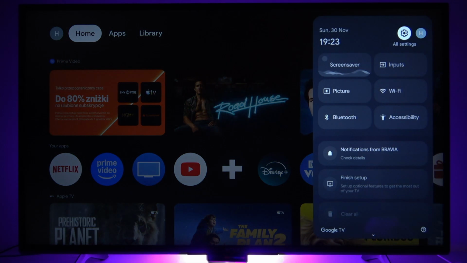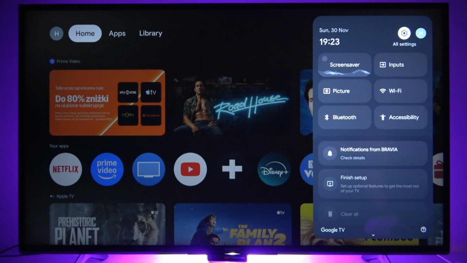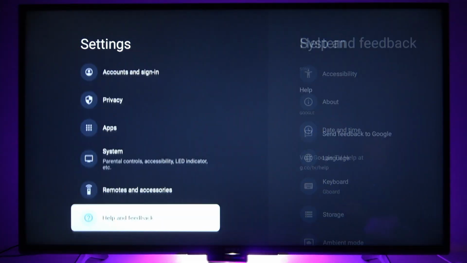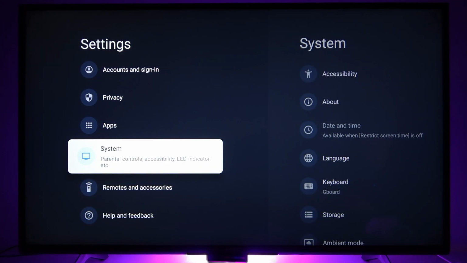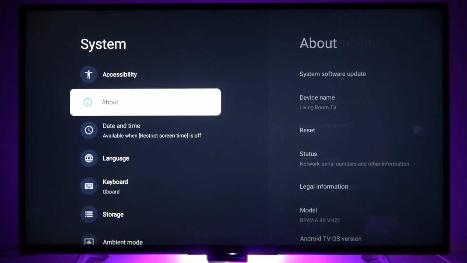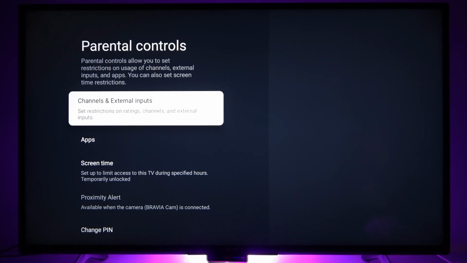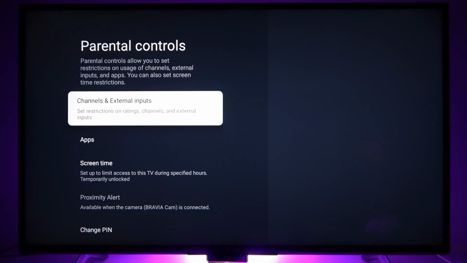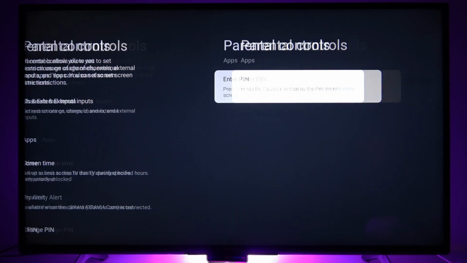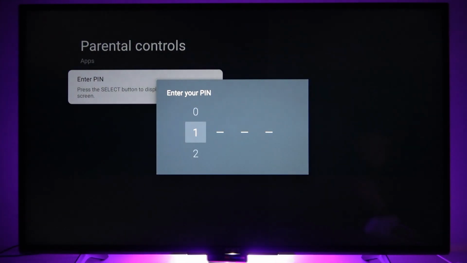First, press the settings button on your remote control, then go to all settings, then navigate to system menu on the sidebar, then select Parental Controls, open Parental Controls. And now if you want to lock some specific application, you have to go to the apps menu, enter your PIN code,